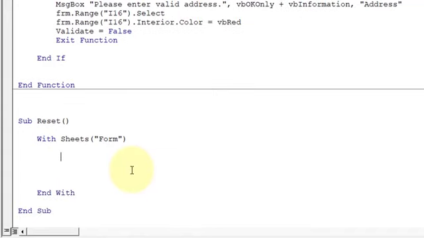Now on reset we need to reset the color as well as the value. So whatever color has been highlighted or is available on each and every field, we need to remove those colors, as well as whatever values have been selected or entered by the user, we need to remove those as well. Okay, so let's give the range,